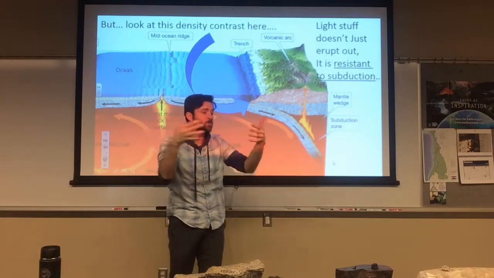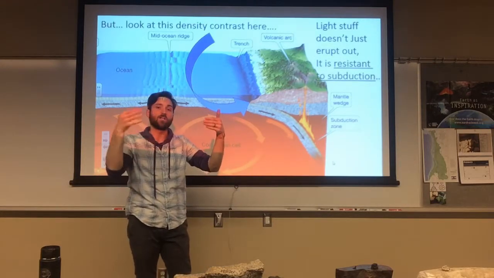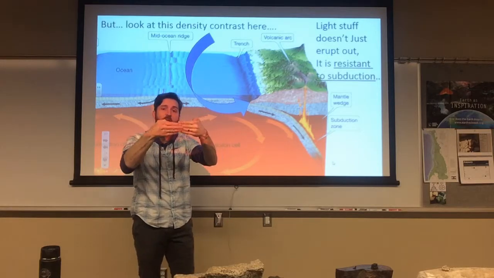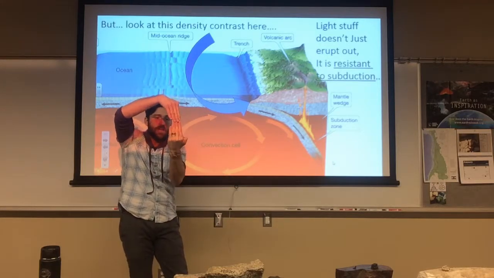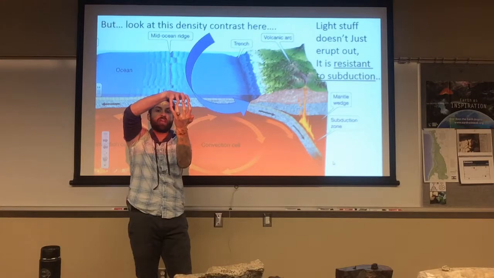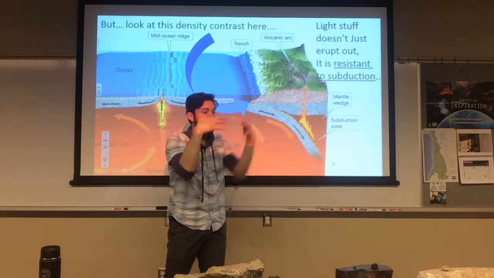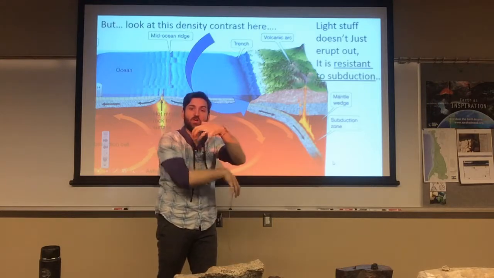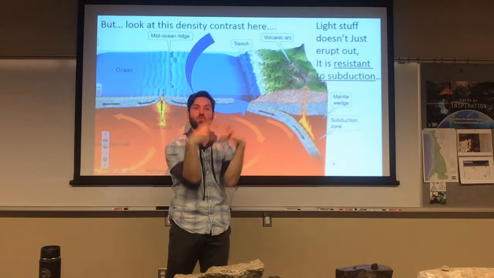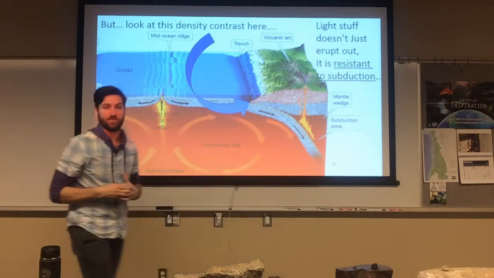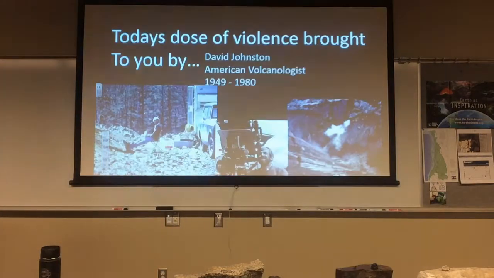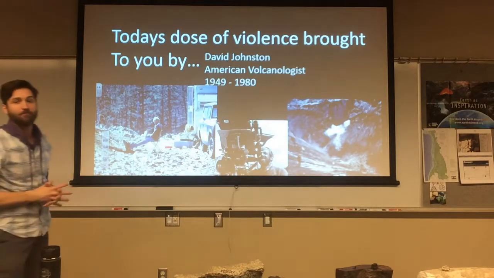Okay, even in a mountain range or a continent-to-continent collision, like between India and Asia, that's making a big mountain range, the Himalayan mountain range. It's not making a subduction zone. Neither one of those things is buckling to go down to the mantle. It's too light. It's too buoyant. They stay up there on the surface. Okay, so they are resistant to subduction.